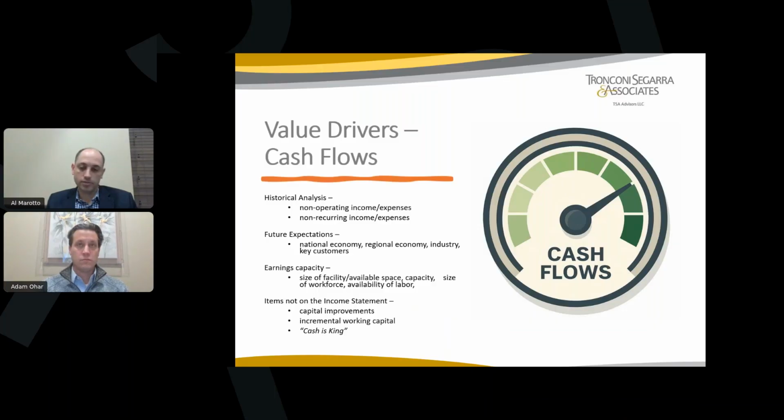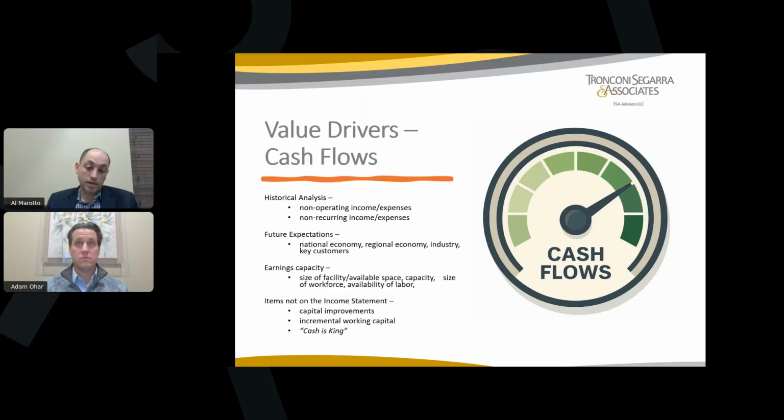so I can figure out what I can expect in terms of cash flows in the future if I were to run this business clean, without non-operating, non-recurring items. So what do I mean by non-operating and non-recurring? Non-operating items are generally officer perks. If you have a vehicle that you don't necessarily need for the business, and you are running the gas and auto lease payments through, that would be one that we would pull out.